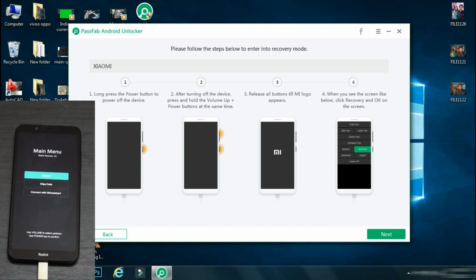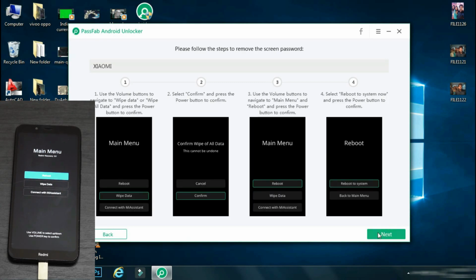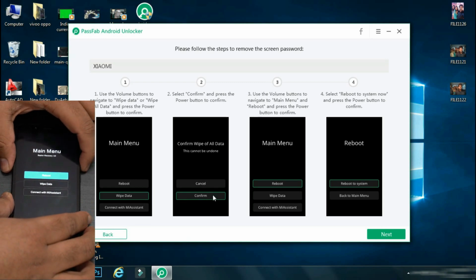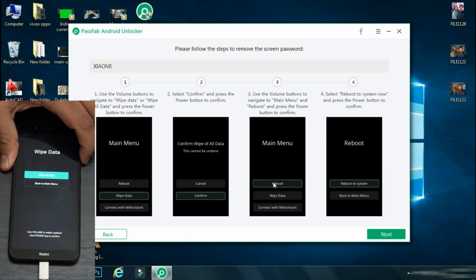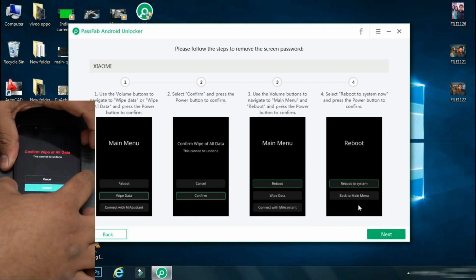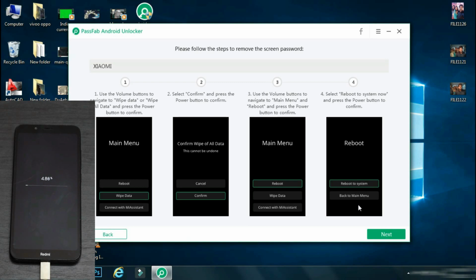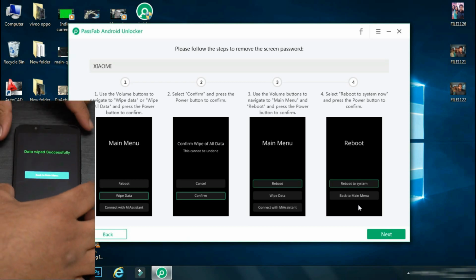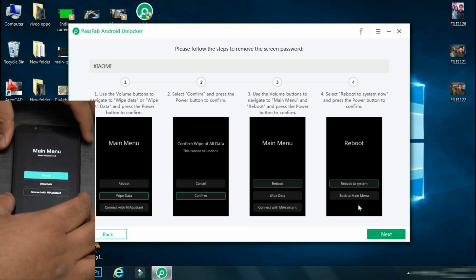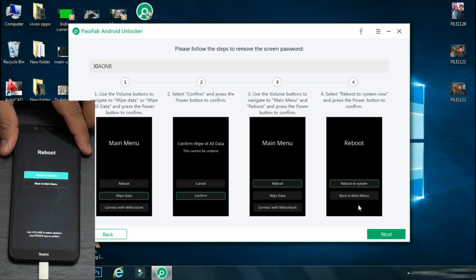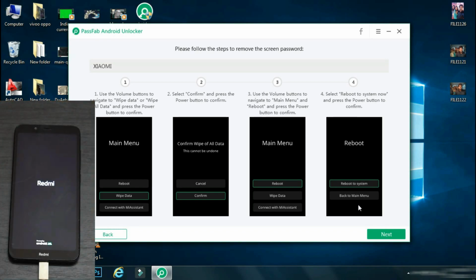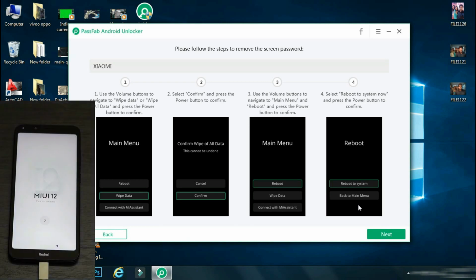Once the phone has entered into recovery mode, click Next. So the next steps are displayed on the screen. And in the recovery mode, you can scroll through menus using the volume buttons and select the wipe data option using the lock button, and the formatting process will start on the phone. Once the process is complete, go back to the main menu and reboot your phone. It may take some time as it is the first boot. So now your phone is back to factory settings as it was bought new.